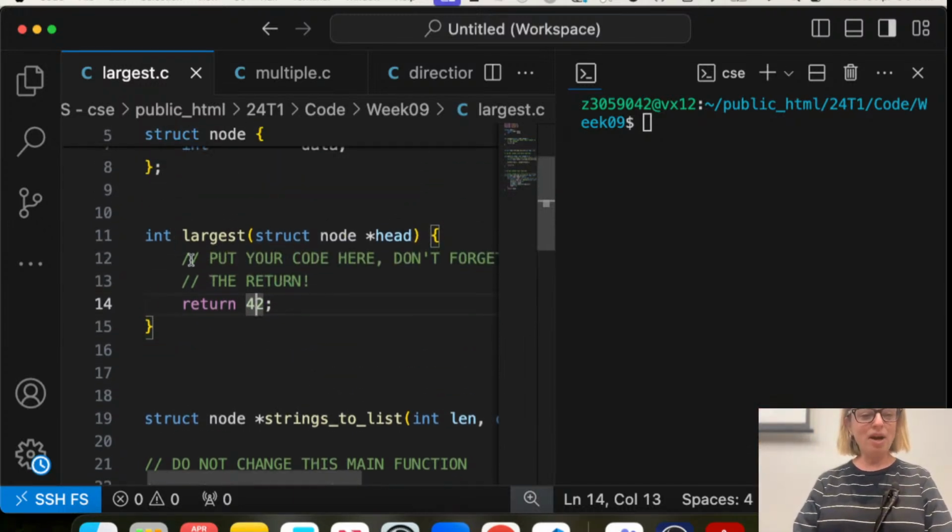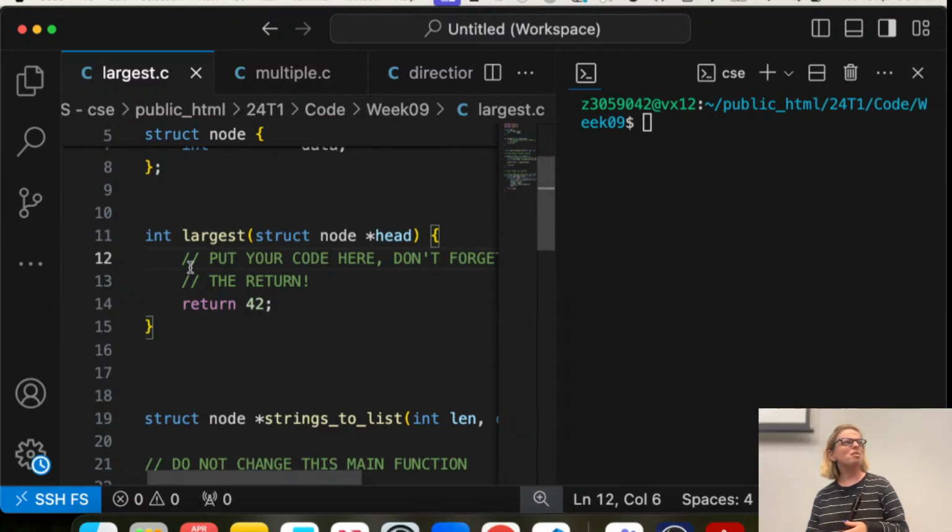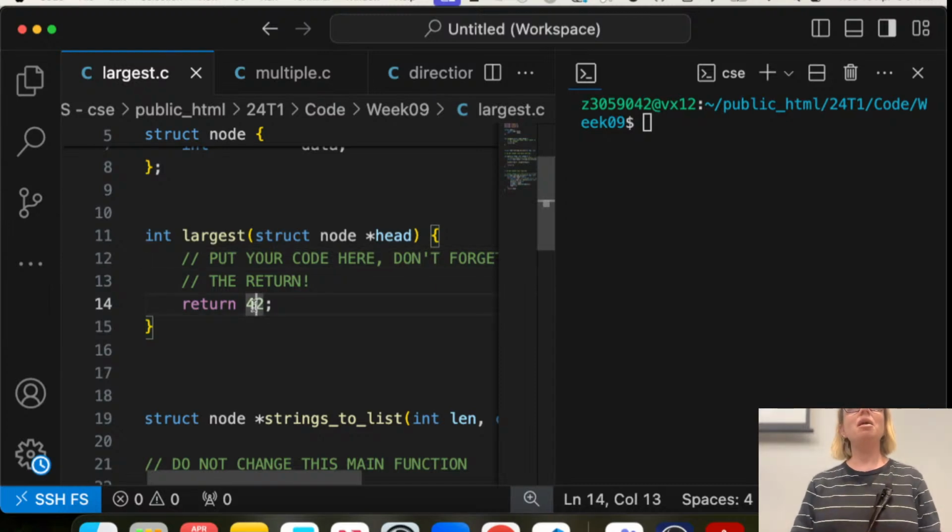Okay, so let's write this code. I don't know how much you've done of the linked lists. I assume everyone is loving linked lists. But often in the return, there's going to be a number. Please don't forget to change that number to whatever the return should be. Otherwise, I'll see you failing an auto test because all of yours return 42, and I'll know that either you haven't written anything there or you forgot to change the return.